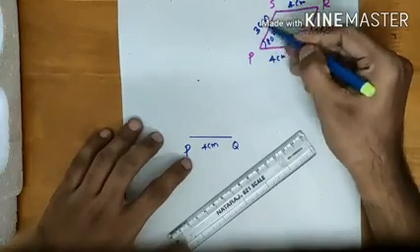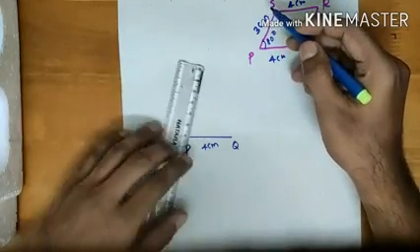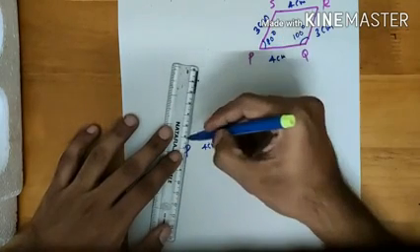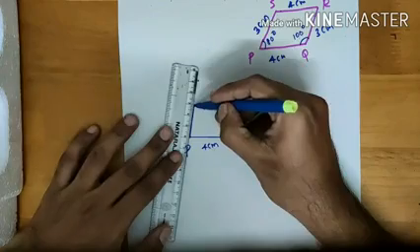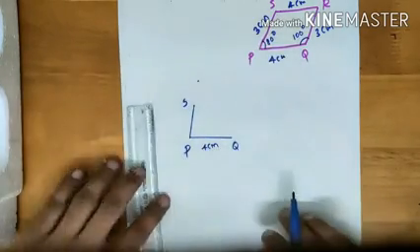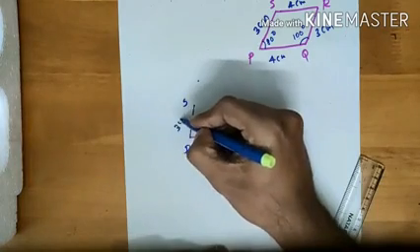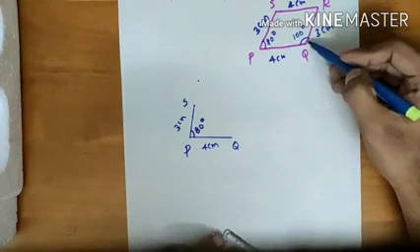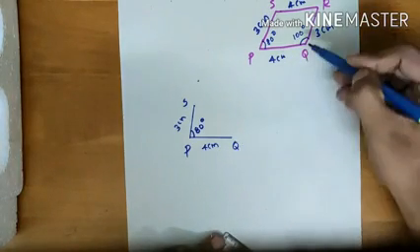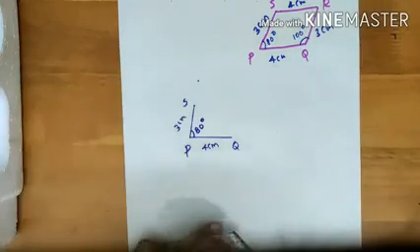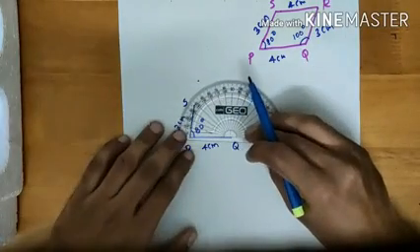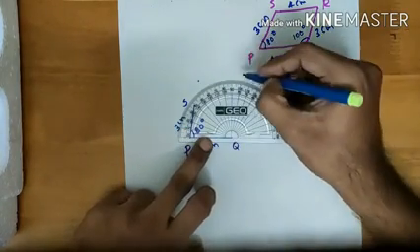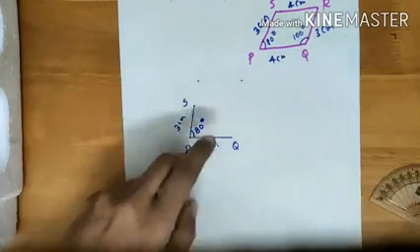What is the length of PS? It is 3 centimeter. So we will draw a line of length 3 centimeter. 1, 2, 3 centimeter. And we will mark S here. So PS equal to 3 centimeter. And what about this angle? It is 80 degree. Now we draw a line at Q. And what is this angle? It is 100 degree. Again, take your protractor and measure 100 degree: 0, 10, 20, and so on. 100 degree. I'll mark a point here.